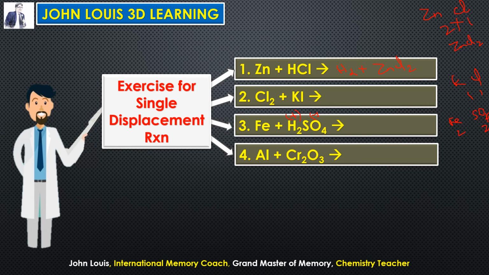And next one, aluminium plus chromic oxide. Aluminium is a positive element. In the chromic oxide compound, chromium is positive, oxide is negative. Therefore aluminium will displace the positive chromium, so you will get chromium here. Chromium we have to write only as Cr, we should not write Cr2. Only those 7 diatomic elements we need to write like that. Then aluminium will combine with oxygen and form aluminium oxide. You cannot simply write AlO3 by combining. Aluminium valency is 3, oxide valency is 2. If you interchange, what you get will be the formula of aluminium oxide.